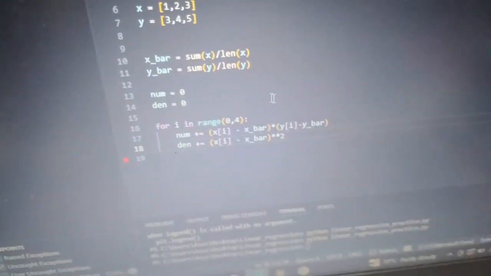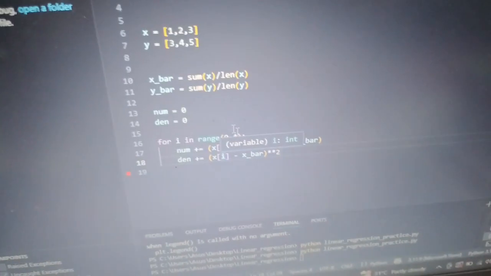Yes, so we got num plus equals to, essentially we are adding this to this, and